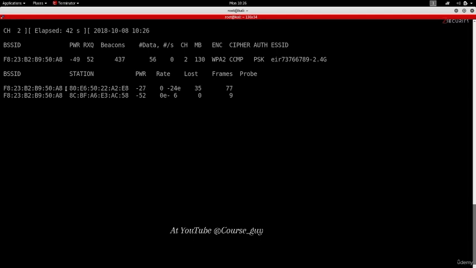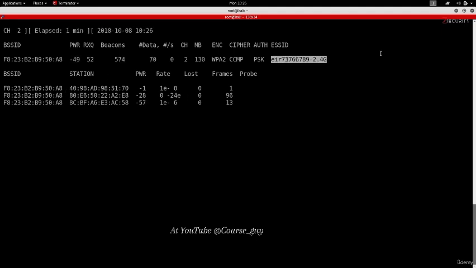And basically anything that you see here in the second section, these are the clients or the devices connected to this network. So right now we can see this network has 3 devices connected to it, and you can see the MAC addresses of these devices under the station. So you can see all of these devices are connected to the same network. So the BSSID is still the same. This is the MAC address of the network,